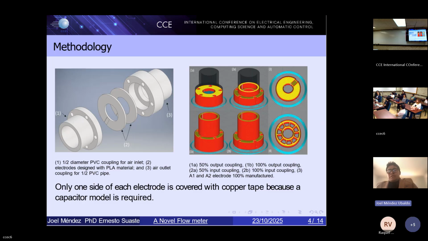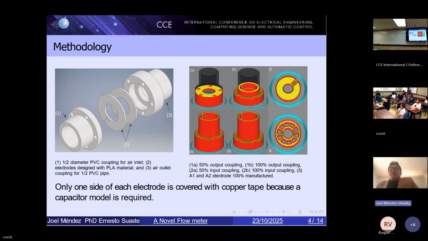In the first column, you can see the 50% fabrication of the output coupling, and in the bottom, you can see the 100% output coupling. In the middle of this image, you can see the next component: the 15% fabrication of the input coupling, and the same, the 100% fabrication of the input coupling. And then finally, you can see the A1 and A2 electrodes,